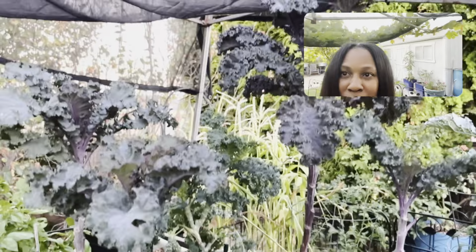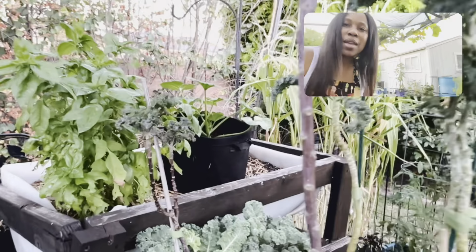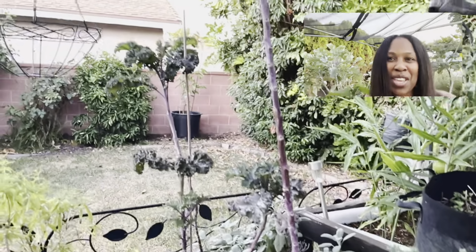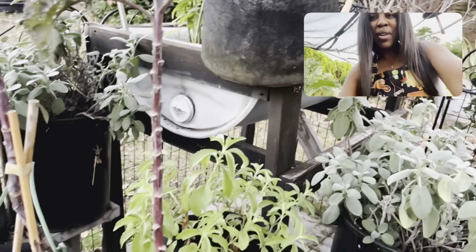This is more kale here. So I have kale here. I have kale in this container. As you can see, I love kale. And I have kale here as well. I have stevia over here. And